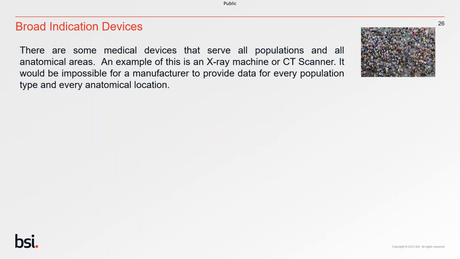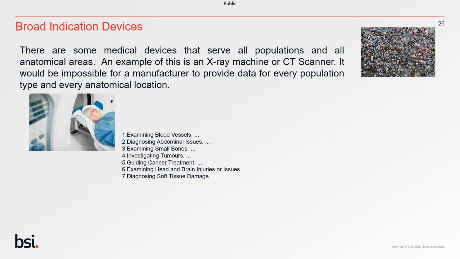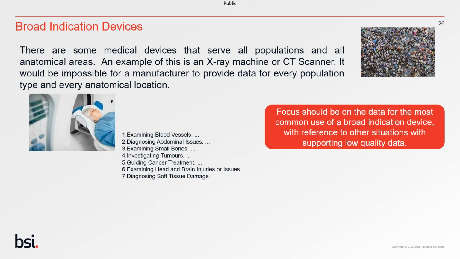So what's the best way to look at this? Well, we know there are some medical devices that serve all populations and all anatomical areas. An example of this would be an X-ray machine or CT scanner. And it would probably be impossible for you as a manufacturer to provide data for every population type and every anatomical location. So really, the trick is to focus on and provide evidence of where perhaps your device is most commonly used. So if we take, for example, a CT scanner, you'll see here I've taken the top 7 list of where the CT scanner may be potentially used, and that's evidenced from, I think it was some national